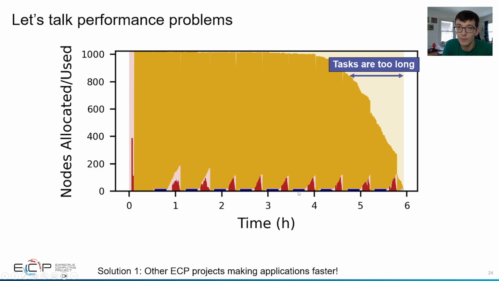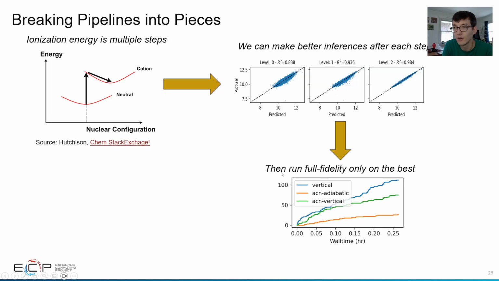But the one thing that we wanted to explore also is how could we reduce the length of these tasks overall, such that at worst, you have a smaller period at the end of the run, where the data you're computing on these simulation tasks doesn't go to waste. And here, we decided to go about that by breaking our pipeline of simulations from one big monolithic task into